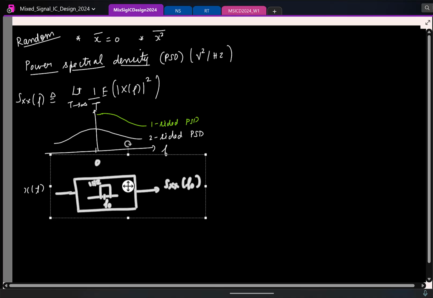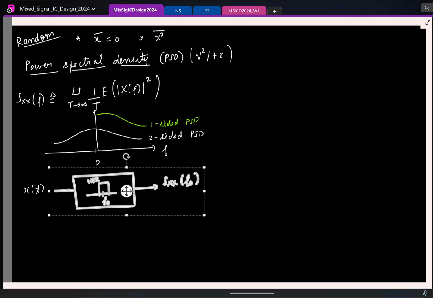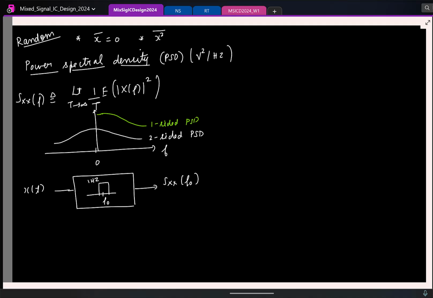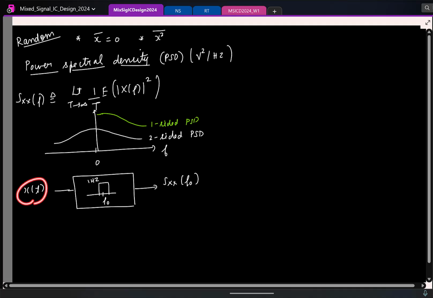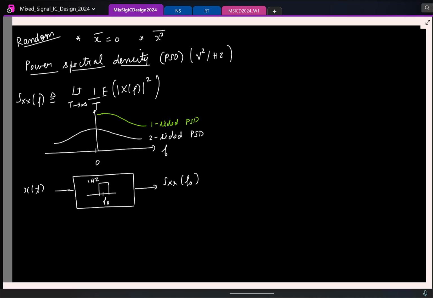But anyways, you take any signal, pass it through an ideal bandpass filter with a center frequency f0 and 1 hertz band. Cool. So now you know that power spectral density gives power around a particular frequency in a 1 hertz